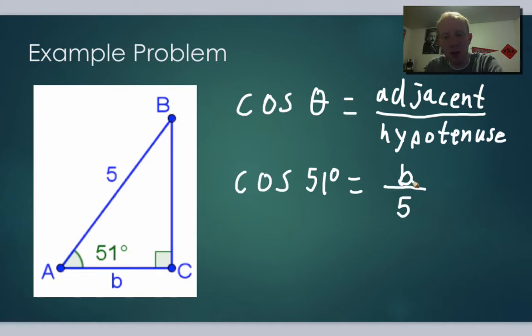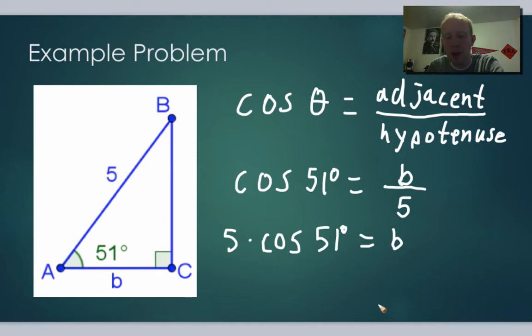For solving for the variable b, all we got to do is just times 5 over to the other side. So we'll get 5 times the cosine of 51 degrees equals the variable b, okay? And there we go. That's all we got to do. So we pull out our calculator, okay? We use that cosine button, which you probably have never actually used on your calculator before. But there's usually a cosine button somewhere, okay? And what we want to do is just do 5 times cosine of 51 degrees, and you should get